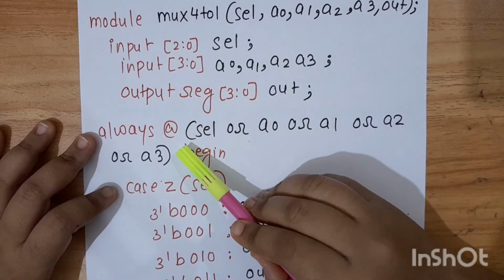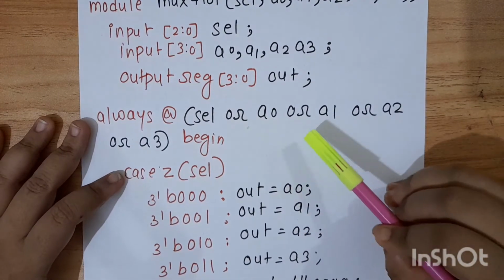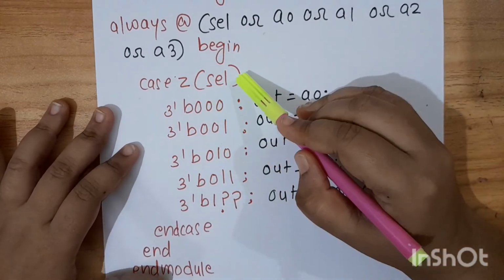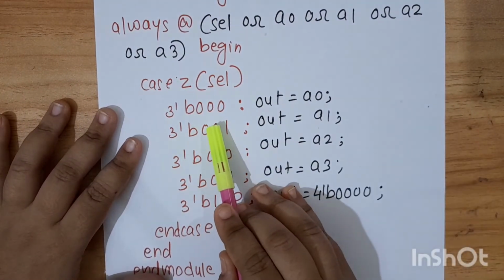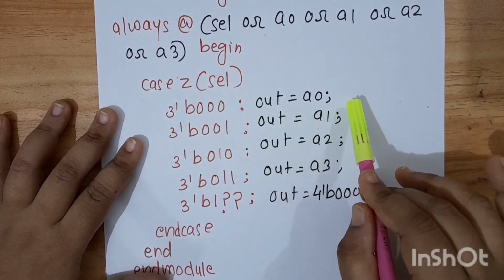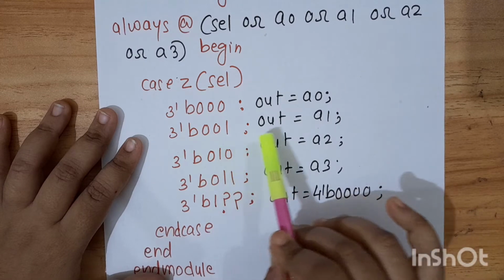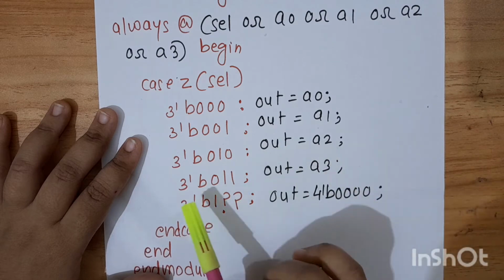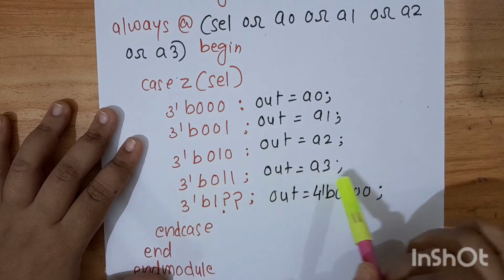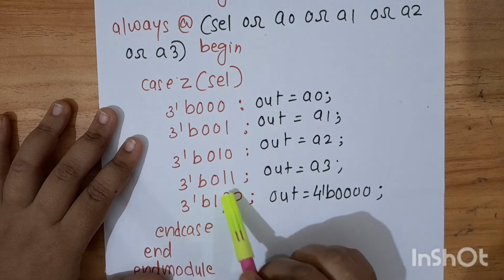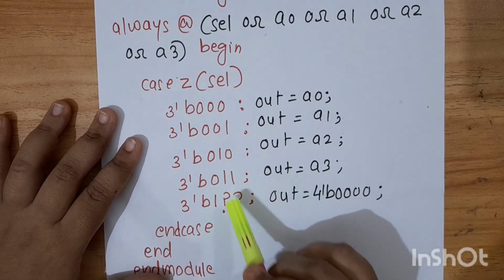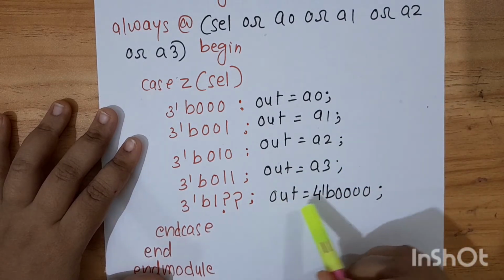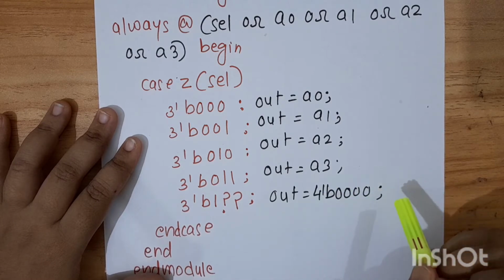So always @(SEL select or A0 or A1 or A2 or A3) begin. casez SEL select, 3'b000: for this case item output is A0; 3'b001: output is A1; 3'b010: output is A2; 3'b011: output is A3; 3'b1 then 2 question marks. That means these 2 bit positions can be 0, 1 or Z. Our output is 4'b all zeros;